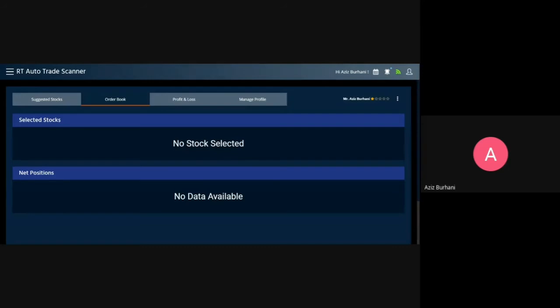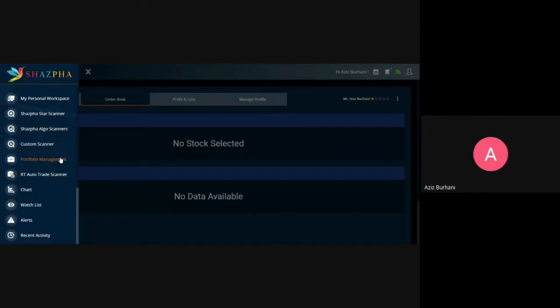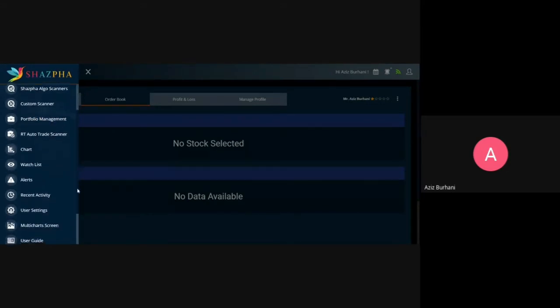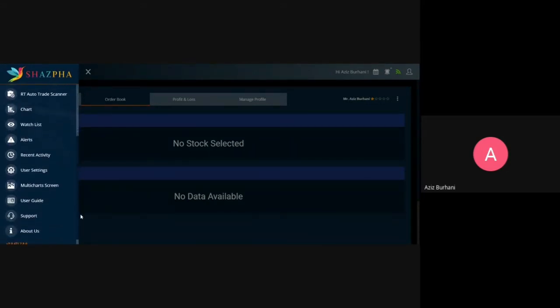We are working on the alerts, and when we come back, we'll come back with a much more powerful version of the alerts. Again, I want to show you one more thing that is a work in progress feature, but it is working and it is active for you. So it is the multi-chart screen.